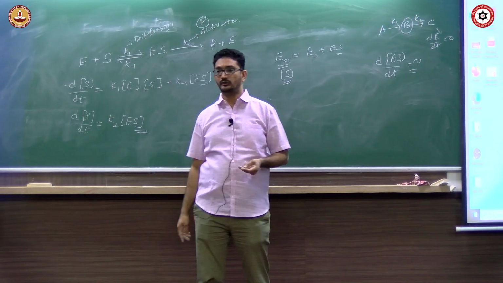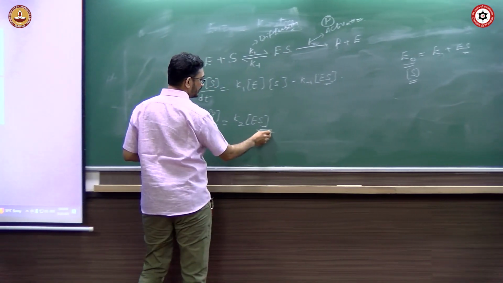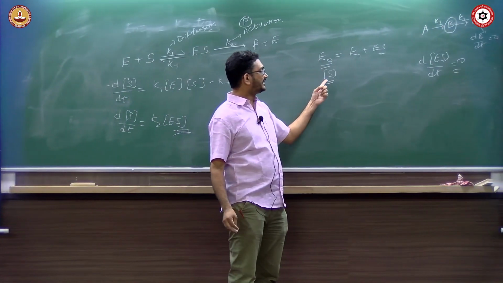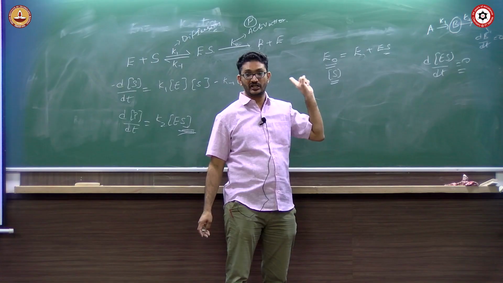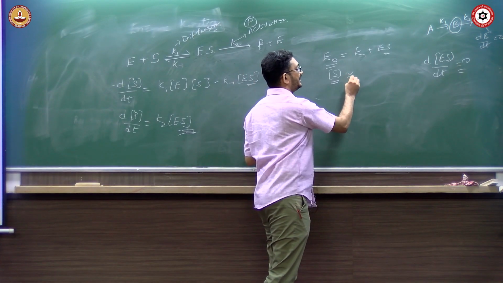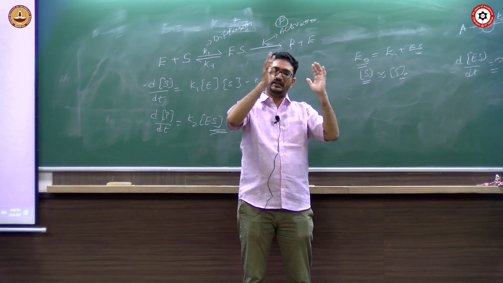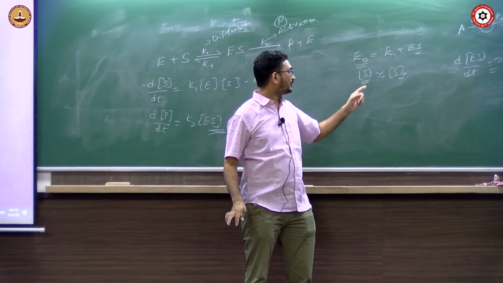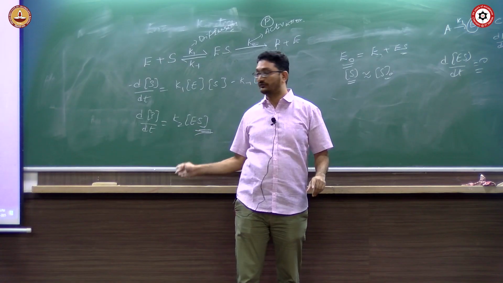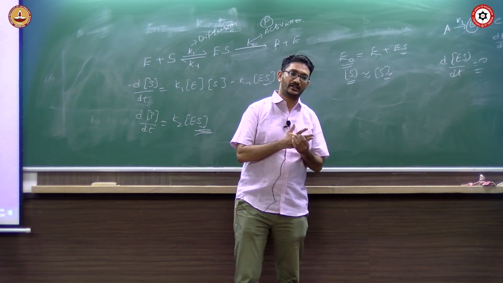Now, do you know how to apply steady state approximation? Can you calculate the concentration? What I want is to determine ES in terms of E0 and S, because this is a reaction initial rate. As I said, what we are doing is only initial rate. So for the initial rate, the substrate initial concentration is S0. To start with, we have a high excess of substrate and a very little amount of product, so your S is equal to S0. Now can you determine this ES in terms of this so that I can substitute there? You know how to do steady state approximation, right? Can you do it in 2 minutes?